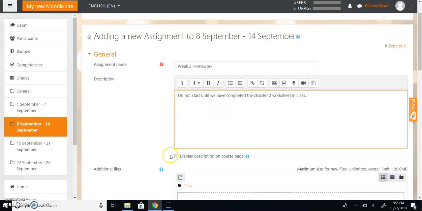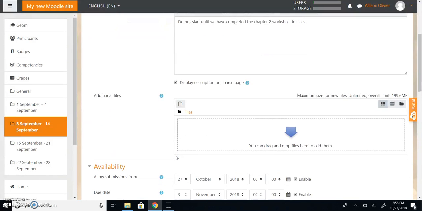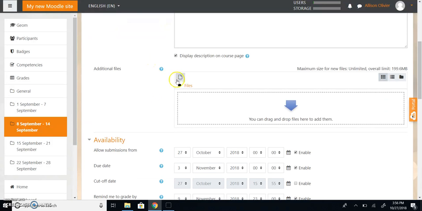Now you can choose to display this description on the course so the students will see it underneath the homework sign. Now you can add a file to this where they would, let's say, open a document, answer the questions,